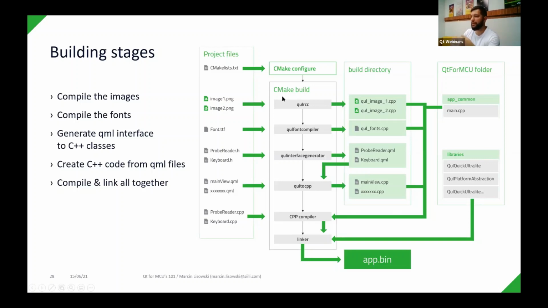So any PNG, JPEG, or any other images will go through the tool called QRCC. This tool is converting your PNG and other files to the formats that are known for Qt for MCUs. And normally, by default, all images are going to be bitmaps on the Qt for MCUs side. And as an output, this tool produces the C++ files with normal raw arrays of the bytes that are then interpreted as a particular format